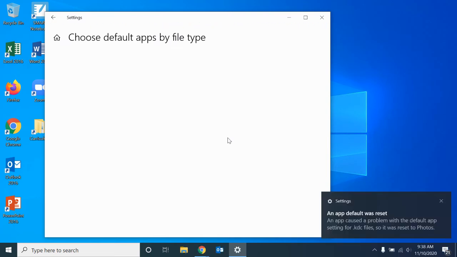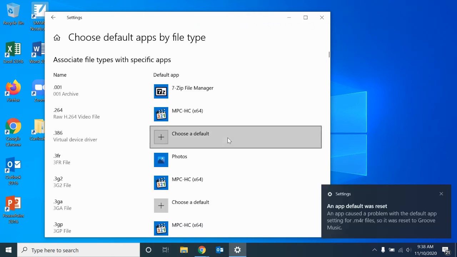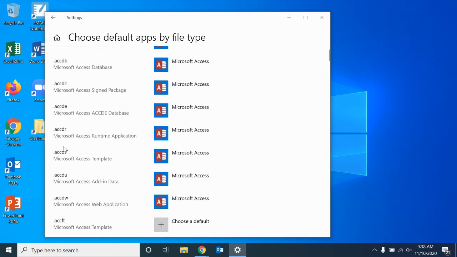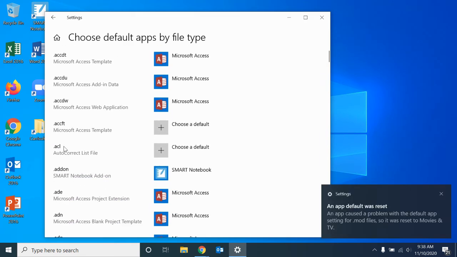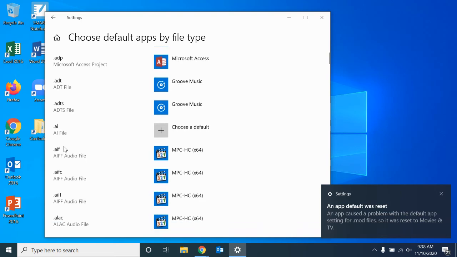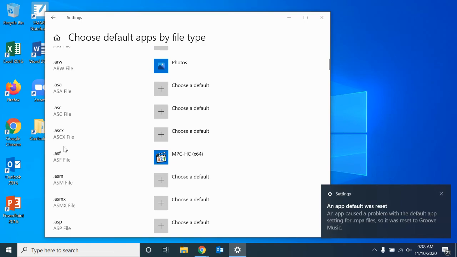And this is going to list every single file type that is available that the device knows about. They're all in alphabetical order, so it starts with files that have numbers at the beginning and then just scrolls through. Some of these you may never have heard of or know that they're a type of document, but they are. Many of the defaults are going to be set up to open in the best program, but